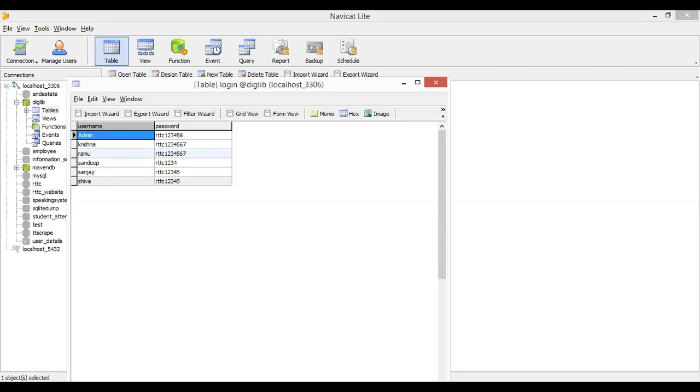So the data model that I am writing here in the Eclipse, I will show you. That is in the Eclipse. So here in the model, there is a login.